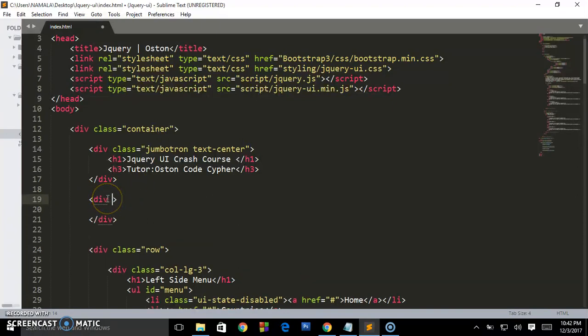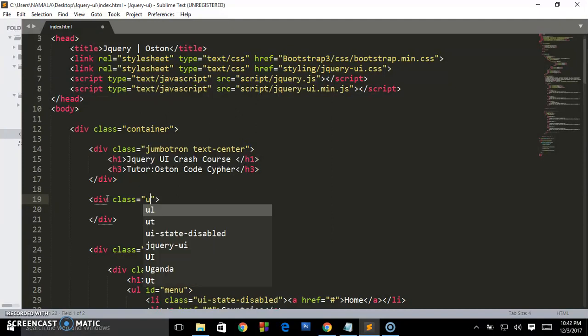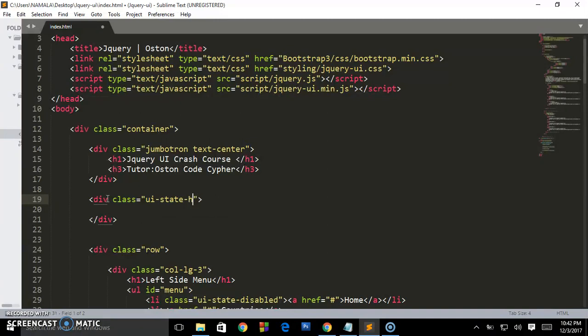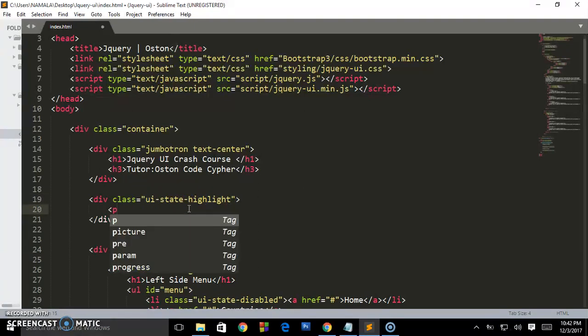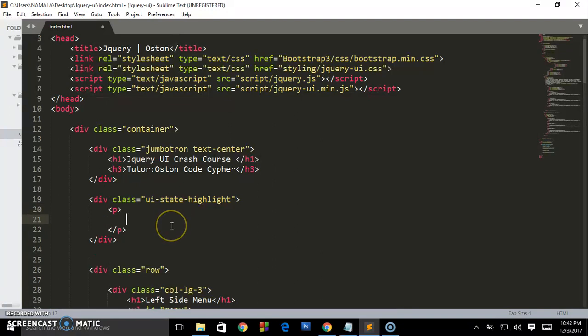I'm going to give this one the class ui-state-highlight. So div class highlight, and I'm going to create a p tag, and inside this I'm going to be having